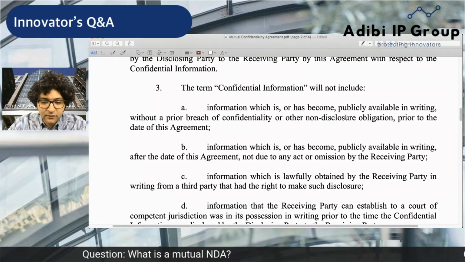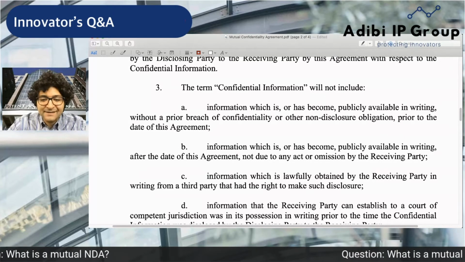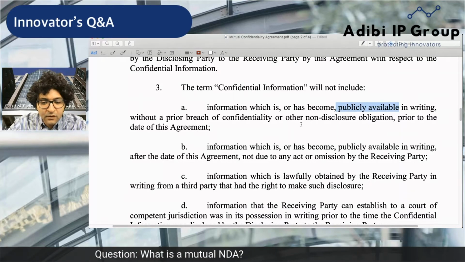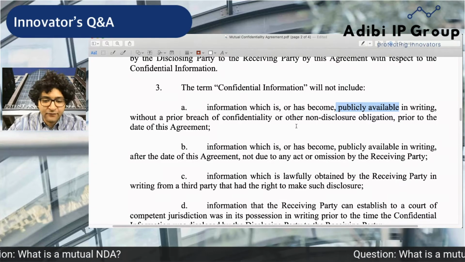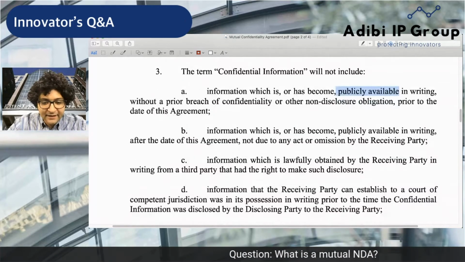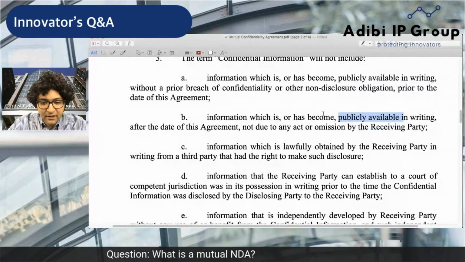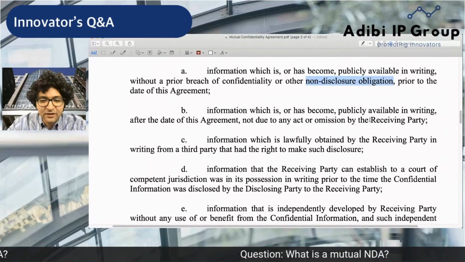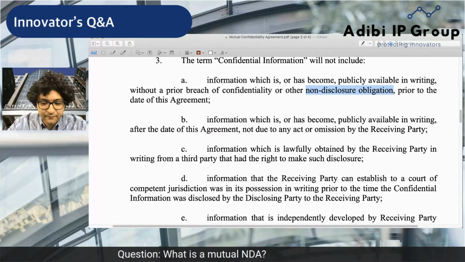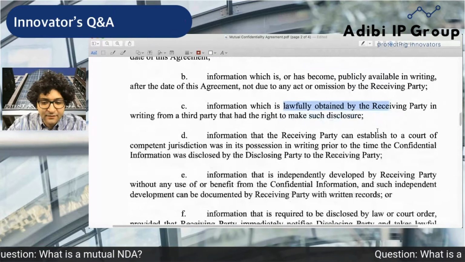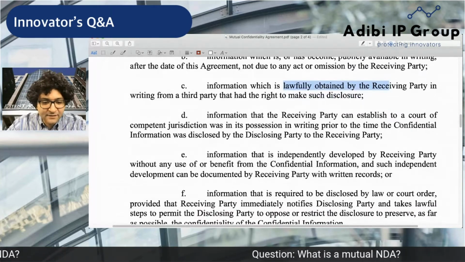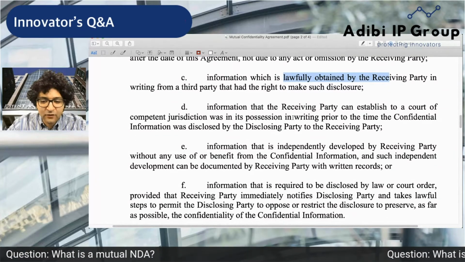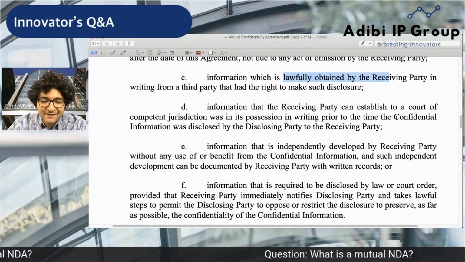It can't be publicly known, right? So this section here defines what is not confidential information. Anything that's publicly available or publicly known is not going to fall under the confidential information definition. And again, publicly available, anything that someone isn't under a duty to keep confidential, these are not going to be confidential information. Or lawfully obtained. Again, if a court basically says that it's not confidential,